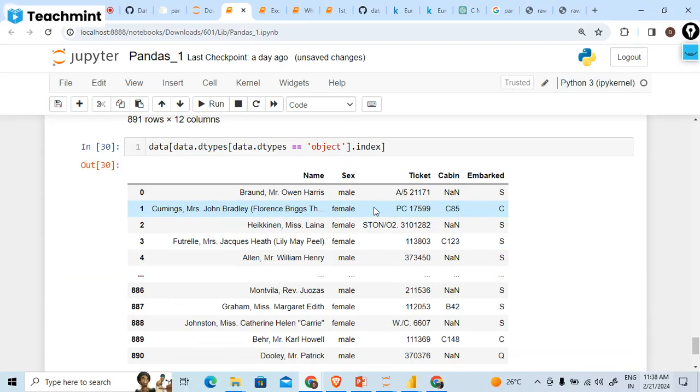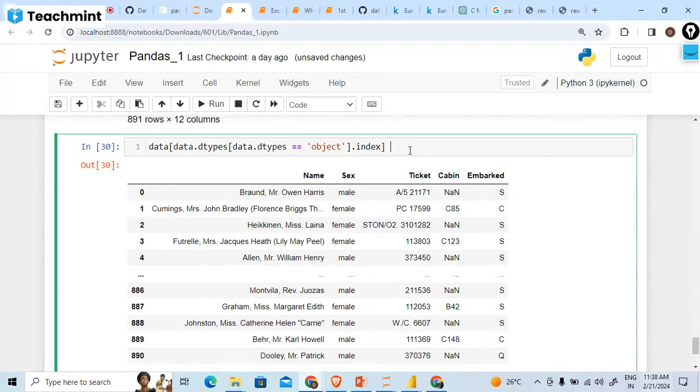And now tell me what comes under not equal to object. Not only integer, float also will come, because we are only writing the opposite of object. That means we just don't want object, right? Now this is my non-numerical data,